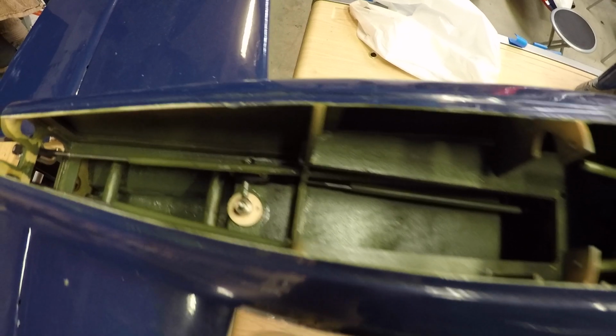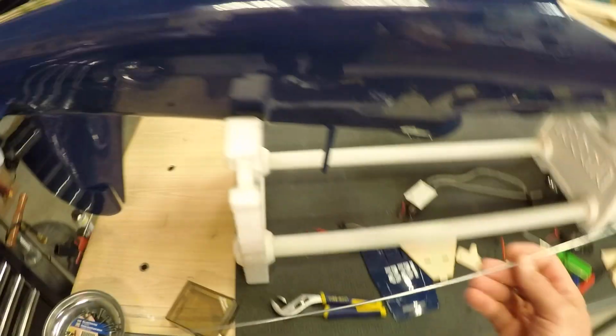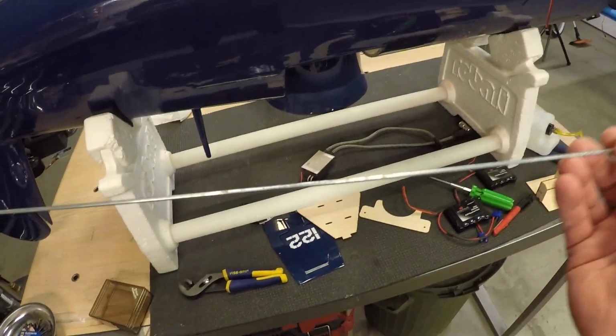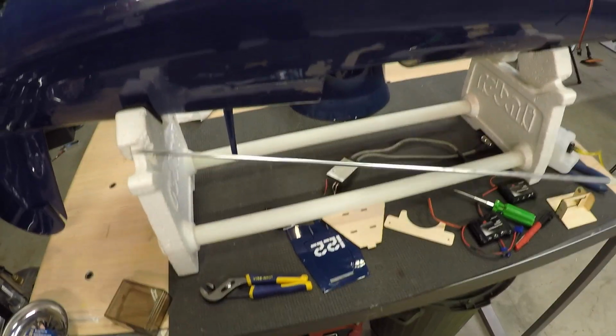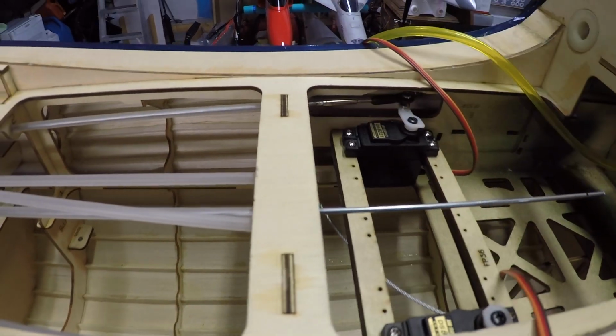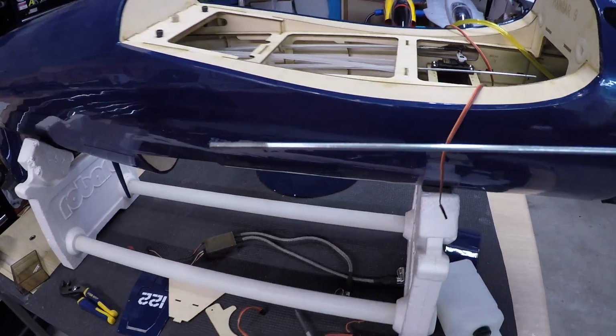I have a roadblock, not a big roadblock, just a little one with the rear actuator. Because we don't have any of the stock control rods, we have to make all the control rods for this, which is fine. As I did on the elevator ones, I needed to solder on those threaded couplers. And I will need to do the exact same thing with this